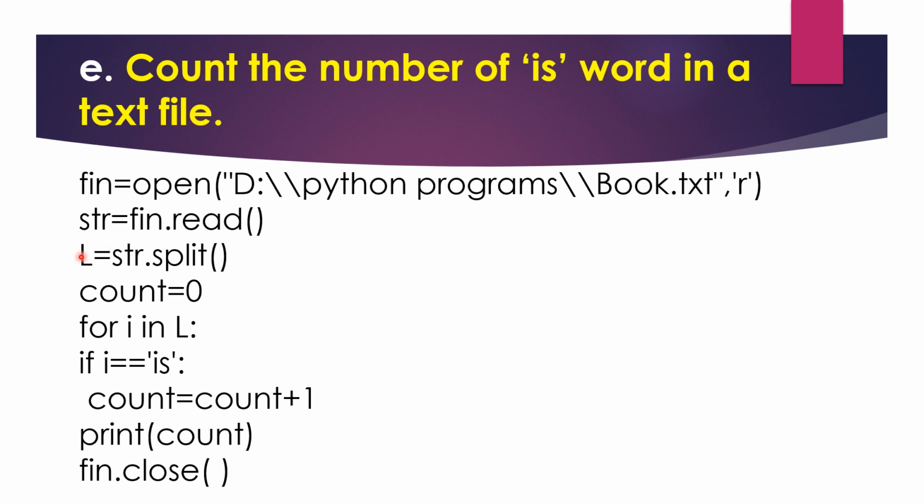Now the value of L will change from count to the. Now again i will be the, and it will be matched with "is". Since it is again false, it will run the loop again, and similarly it will move forward and forward. And since this is true, it will match. Since it is true, it will move forward and run this. First the value of count is 0 initially, so now it will run 0 plus 1, so count will store the value of 1. Now it will move forward again, so this is false, false, false, false, false.